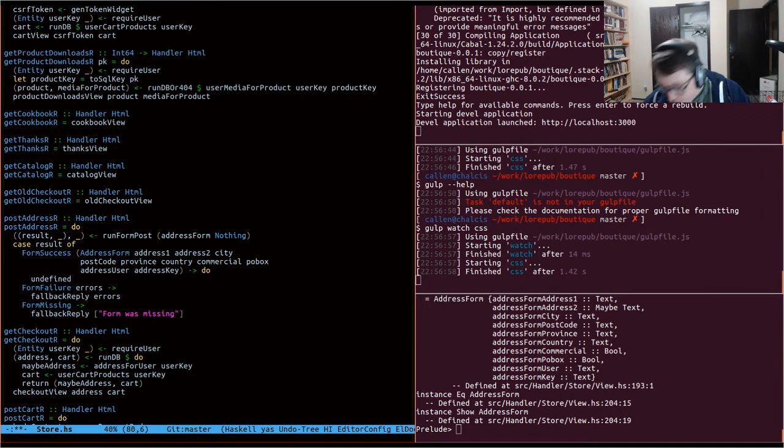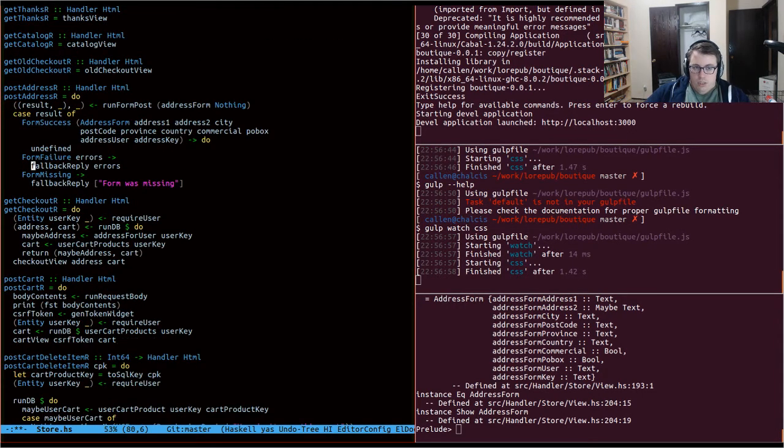Well, form errors are going to be a problem. Basically, I should specialize this checkout. Because I don't have a good way to pass errors around here, and I'm not gonna smuggle errors in through the sessions because that's horseshit. So